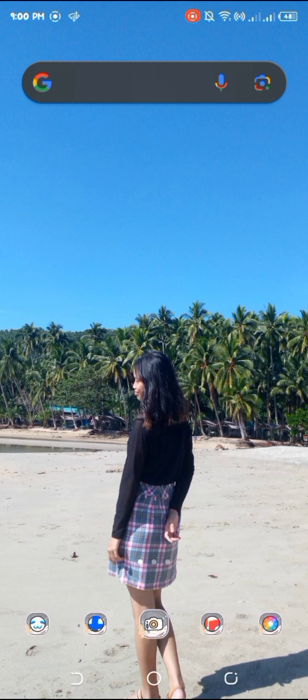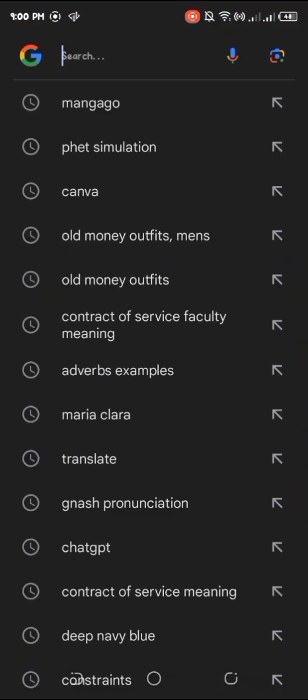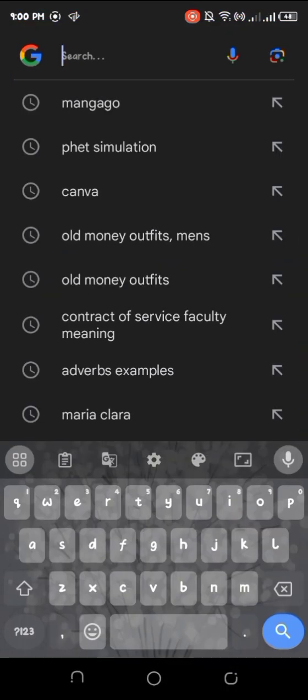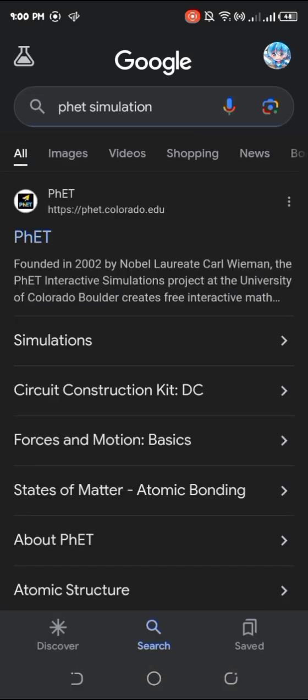I'm going to present my instructional simulation about the PhET simulating teaching tool. First, we are going to search the PhET. So let's define what PhET is. It is an interactive tool designed to support student learning in science and mathematics. The simulations are free and accessible online, allowing students to explore and experiment with various concepts in virtual environments. I have three learning goals that I've searched online about the PhET. As you can see, the PhET was founded in 2002 by Nobel laureate Carl Wieman.